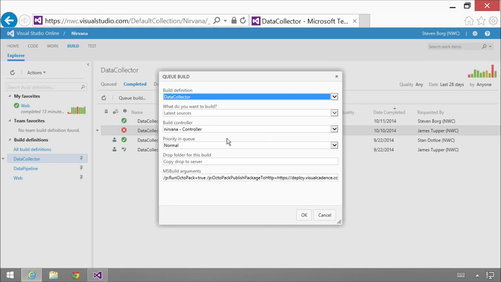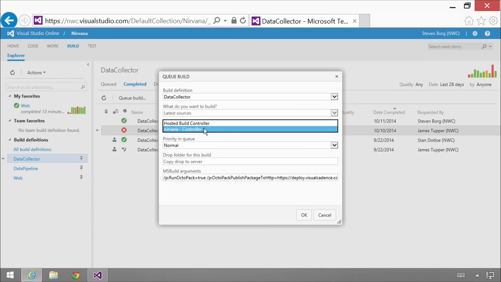I specify my build controller. Now this particular one, I want to caution you, is not a hosted build controller. It's based off our Nirvana controller. The reason is, this particular build requires some installations and some dependencies that I can't get directly from NuGet, unfortunately. So I have another controller which happens to be hosted in Azure, but wouldn't need to be. And this is my first main point about build controllers: when you're in VSO,